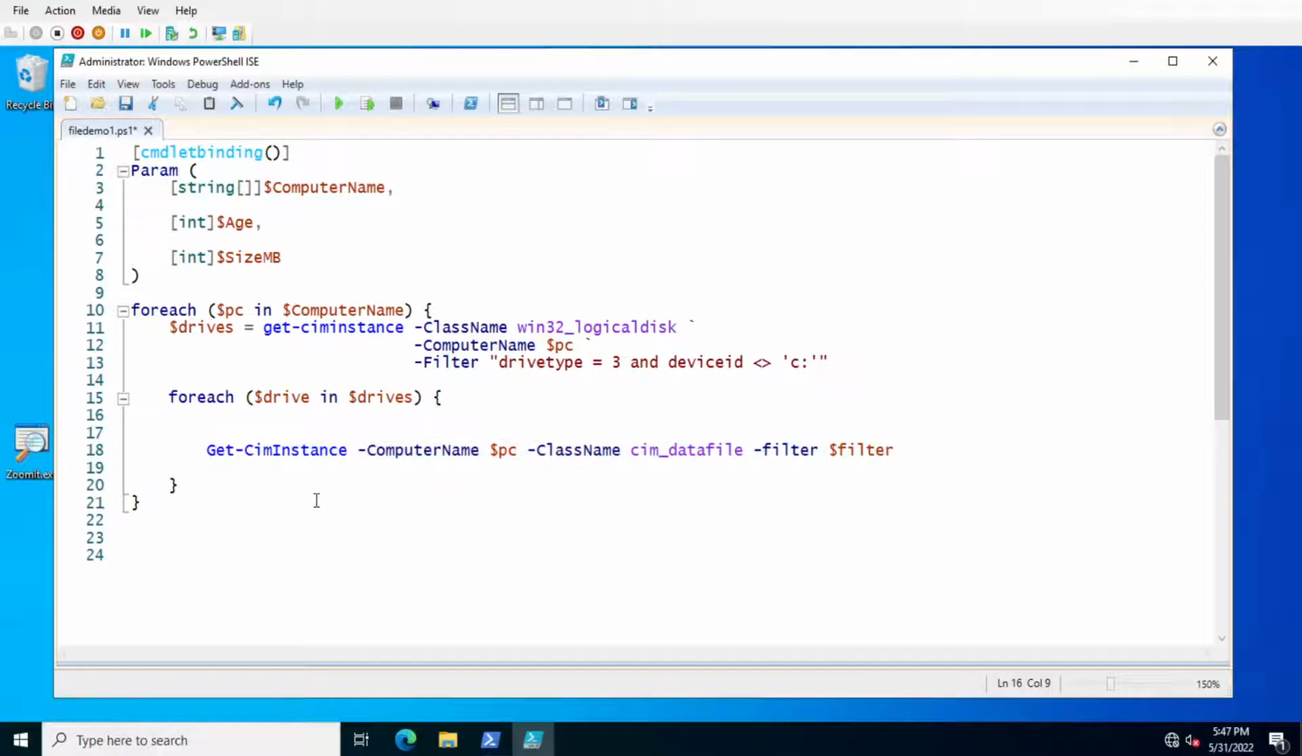So we need to build that up. My thought here is we're always going to want to filter for drive, so we're going to need that regardless. That's always going to be there. And then we might be filtering by age, we might be filtering by size, we might be filtering by both. So we're going to build this filter up in pieces. The first one, we'll define the filter right at the beginning here, and we'll say drive